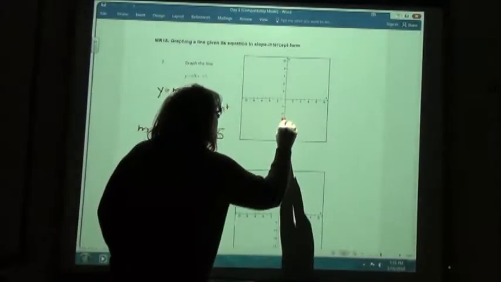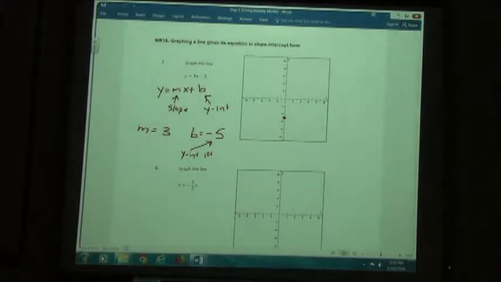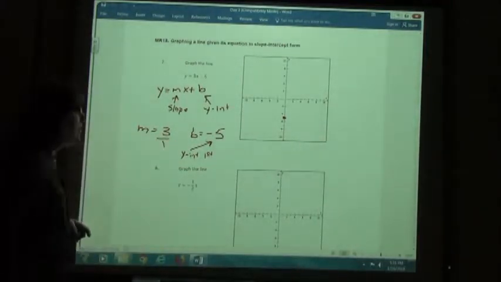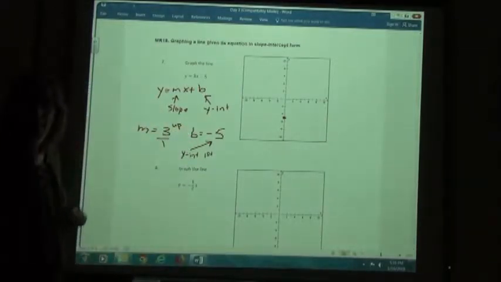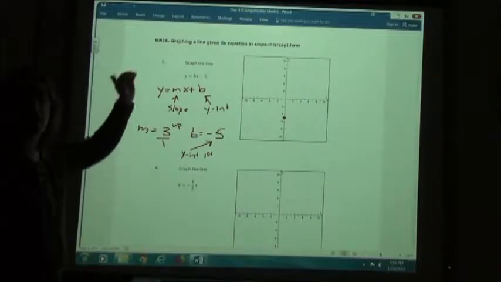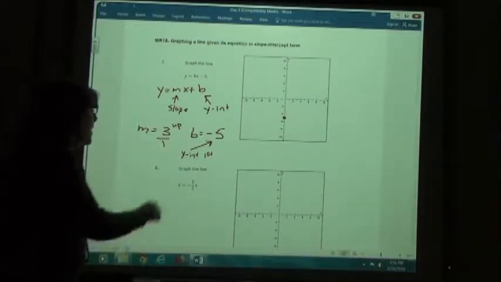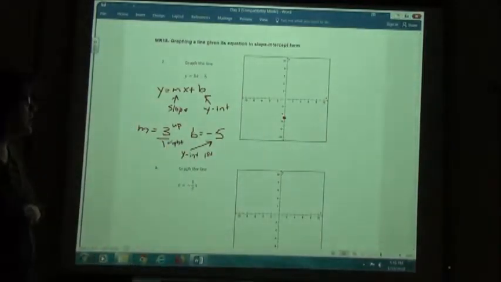So I'm going to plot negative 5 on my y-axis. I'm then going to use my slope to get to the next point. Since this is a whole number, I'm going to write it over 1. The top number is a positive 3, so I'm going to go up. Remember, the top number is the change in the y direction, so up or down. Bottom number is positive, I'm going to go to the right. The bottom number is the change in the x direction, so left or right, but since it's positive, it's going